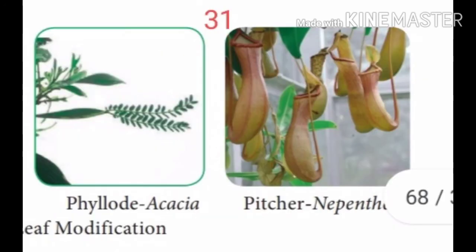Then we have the plants Nepenthes and phyllode Acacia. In the case of phyllodes, the flat green leaf is a modification of the petiole or the rachis. The leaflets or the lamina of the leaf is a highly reduced structure. This reduced structure is described as caducous. And the leaf of Nepenthes is modified into a pitcher in order to capture insects.